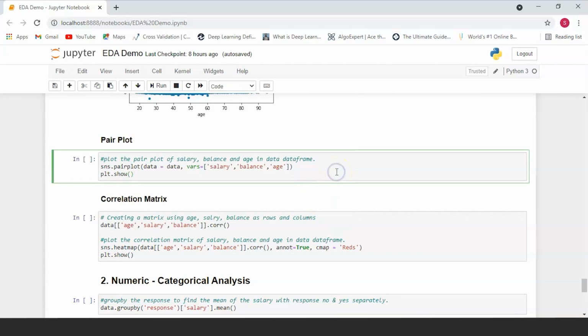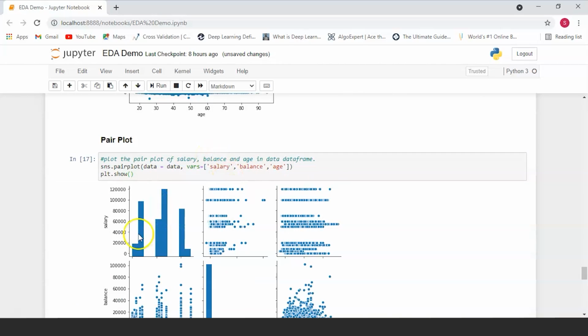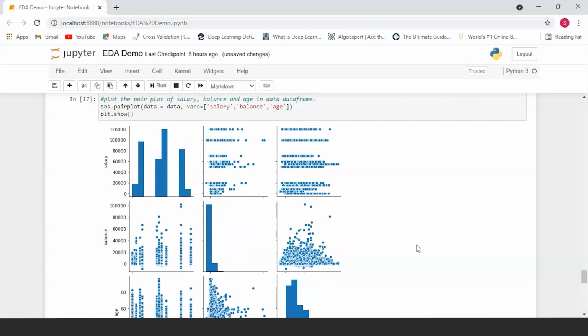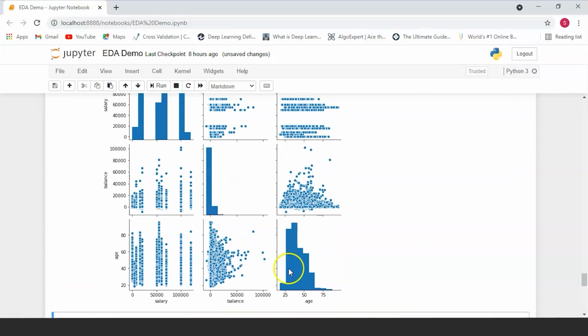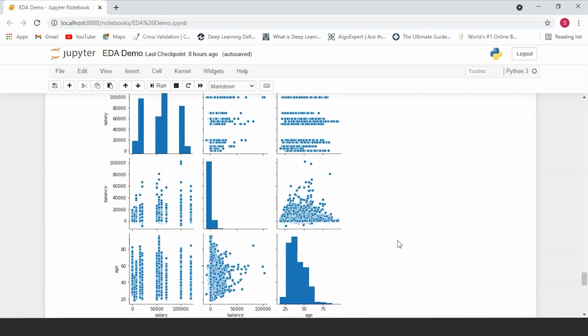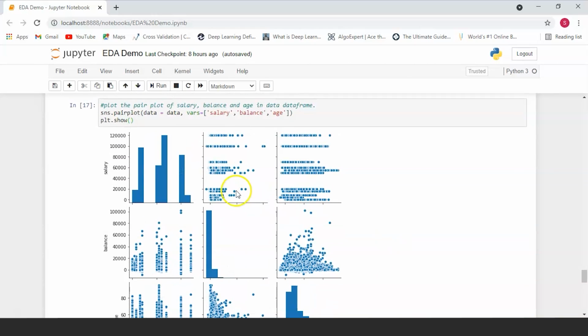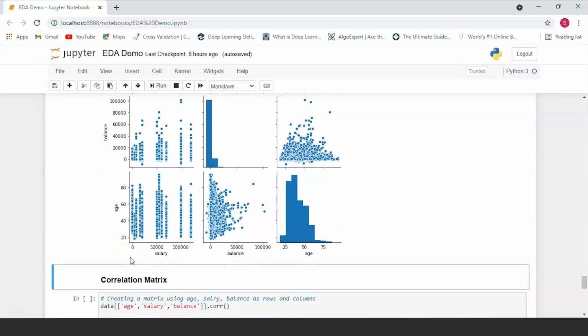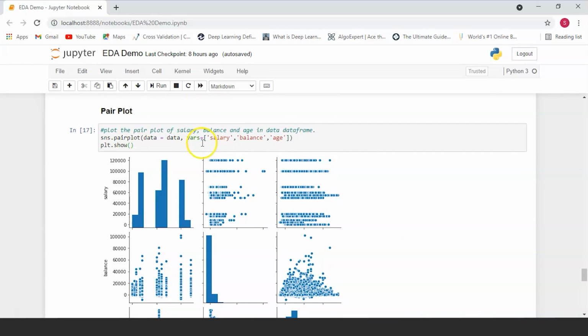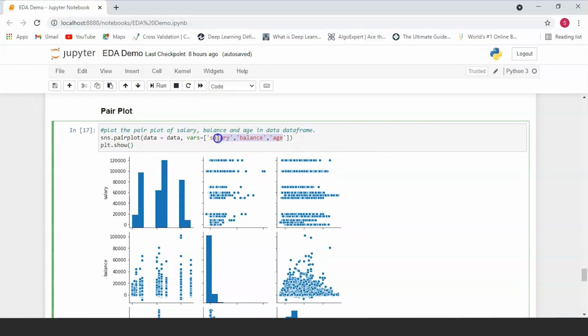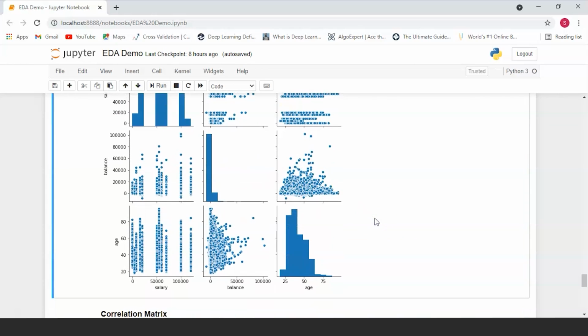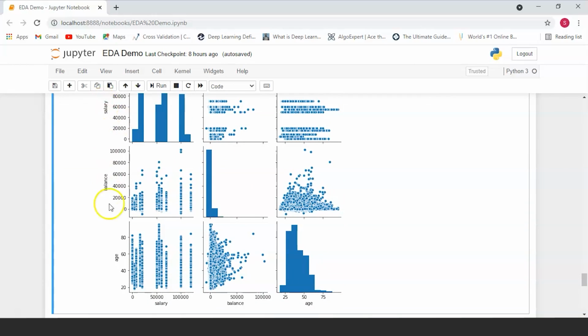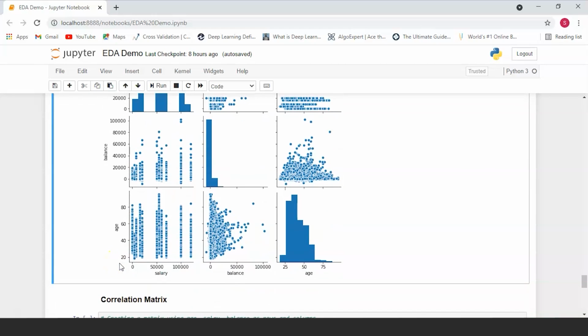bivariate data is by plotting pair plots. We are basically going to be plotting two values together against each other, and again, most of these are scatter plots. So you're just going to be comparing different variables with each other simultaneously. To plot pair plots, all that you have to do is give the different variables whose pair plots you want plotted. This function is going to plot each of these variables on both the axes. So you're going to have salary, balance and age on the y-axis, and age, balance and salary on the